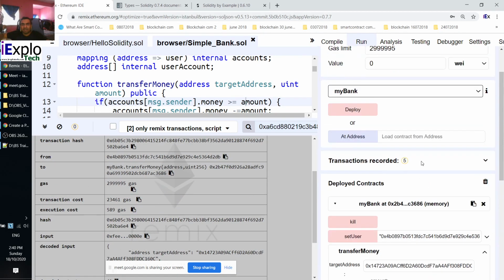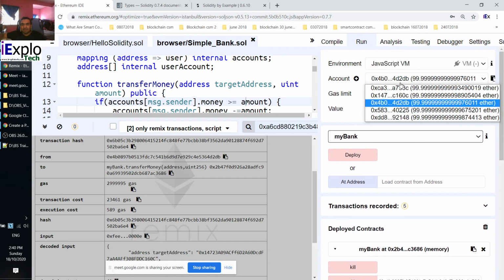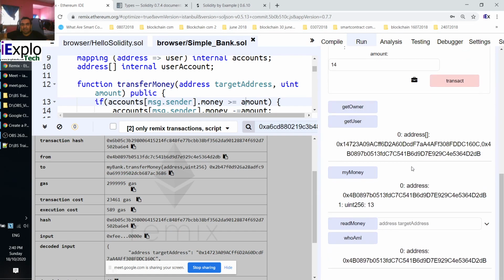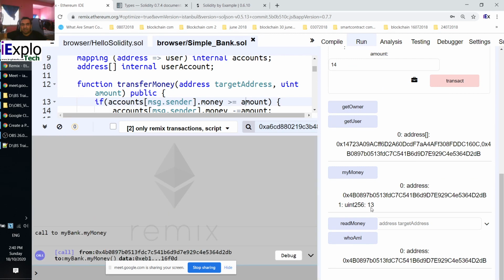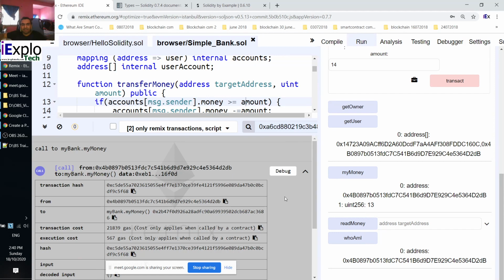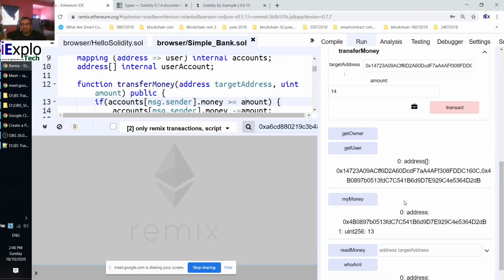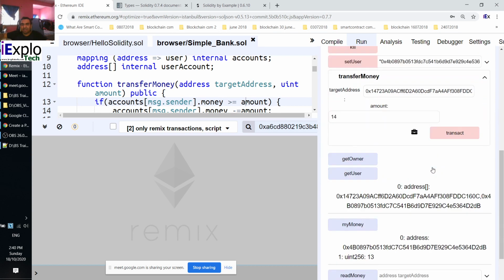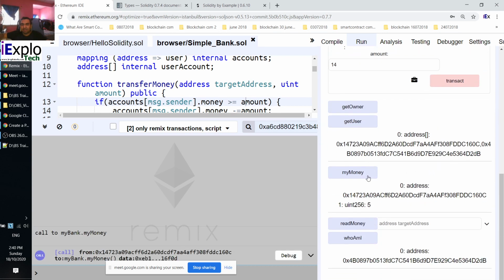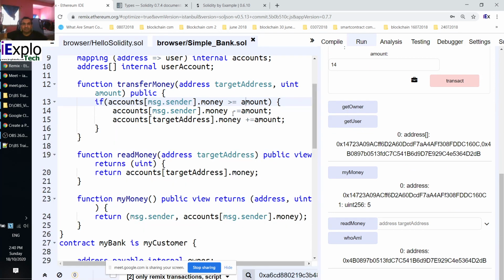Who is this guy? So bank, okay. We got only my money. My money is not moving. Call my money. Not moving. Not moving at all. Let's look at another account, the one supposed to receive 14. My money is not increasing, right? You see that? Even though the transaction executed, you see here, it checks whether the message account money is more